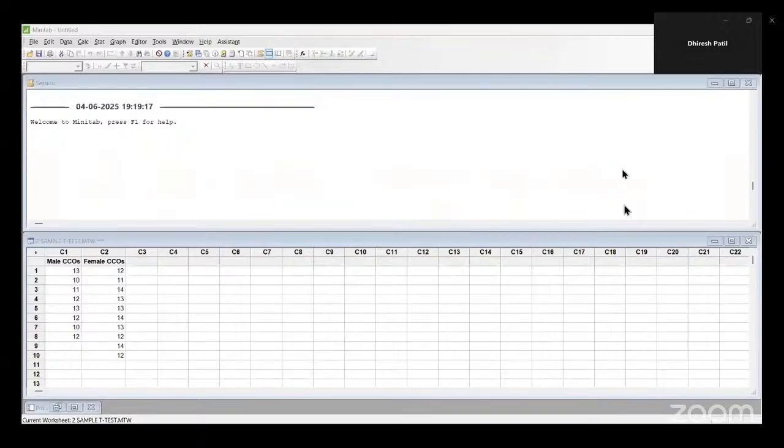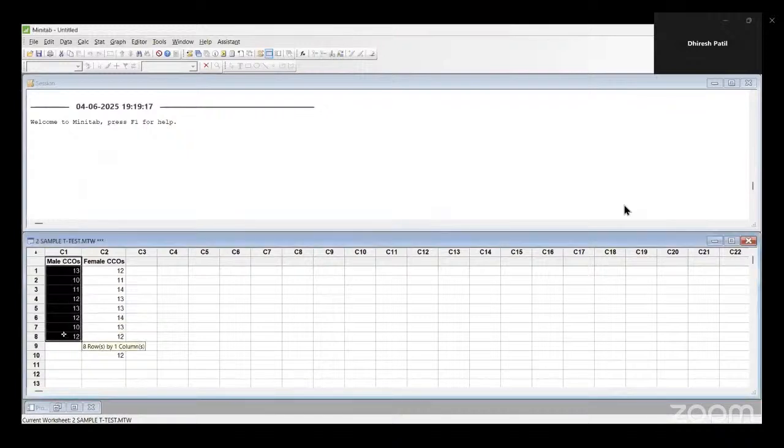Super. So let's try to understand this. The first column is male CCO and the second column is female CCO. What is CCO? CCO stands for call center officers.